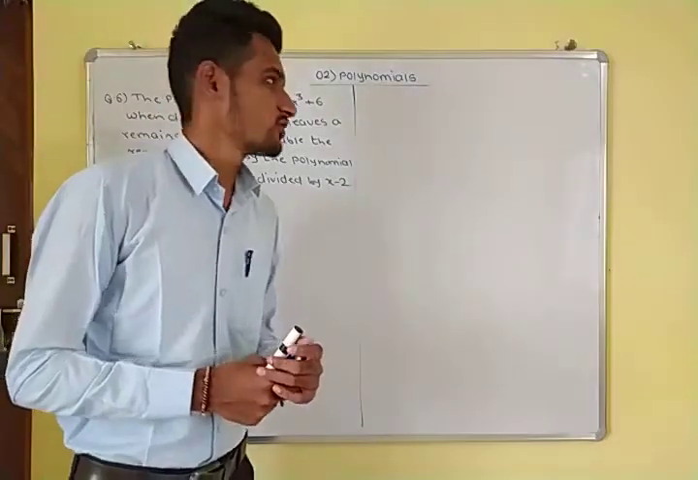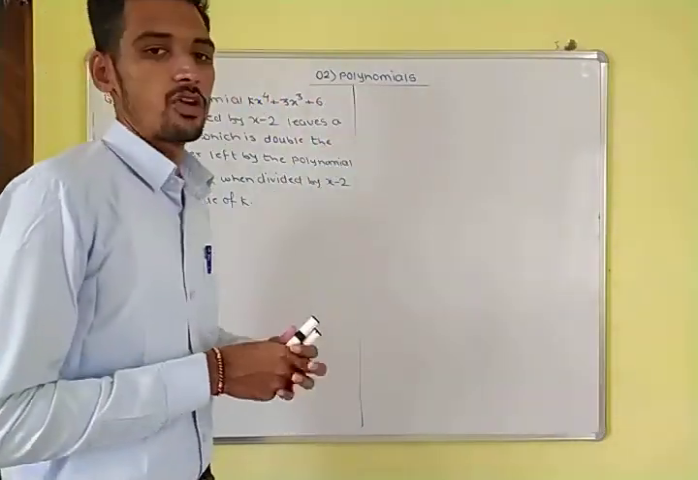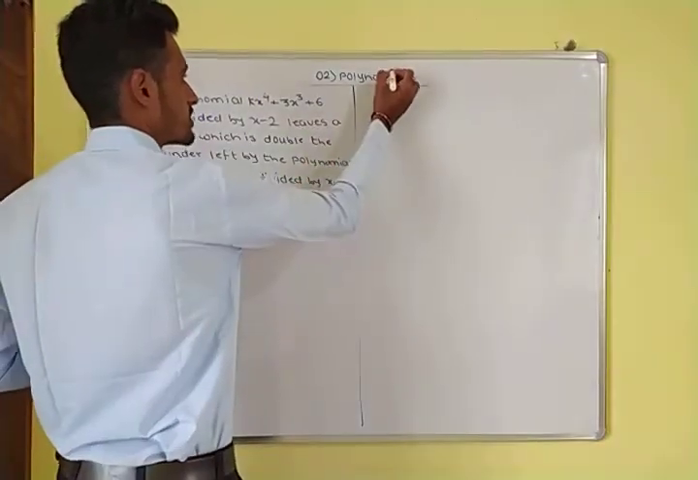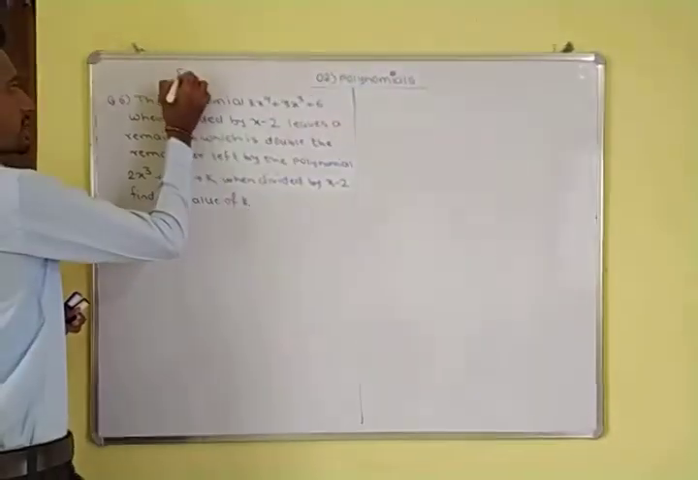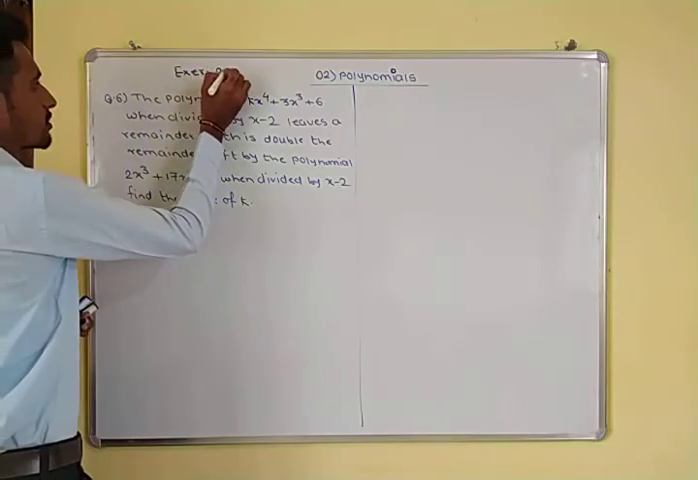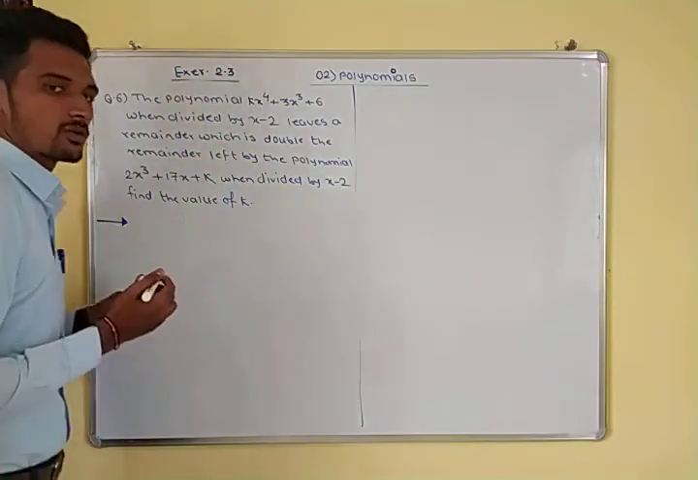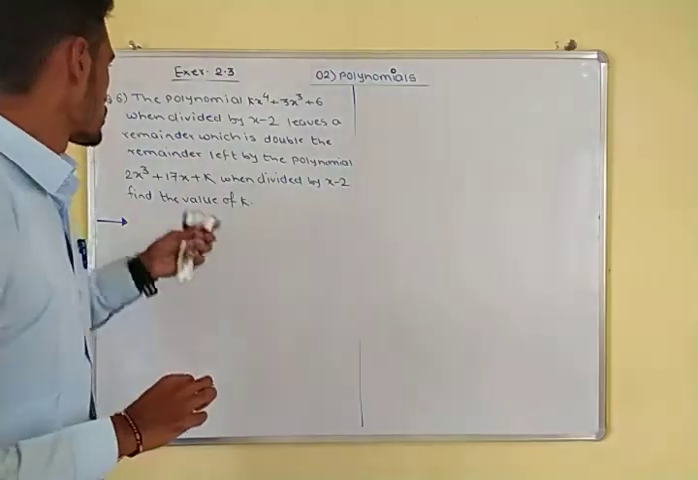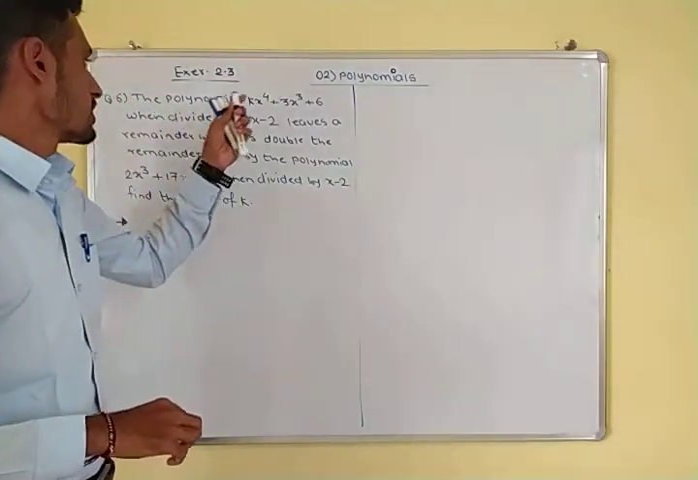हेलो डियर स्टूडेंट्स, हमारा टॉपिक चल रहा है पॉलिनोमियल्स। आज हमें देखना है एक्सरसाइज 2.3 का क्वेश्चन नंबर 6। क्वेश्चन नंबर 5 तक हमने सॉल्व किया था। आज हम क्वेश्चन नंबर 6 और क्वेश्चन नंबर 7 देखेंगे।